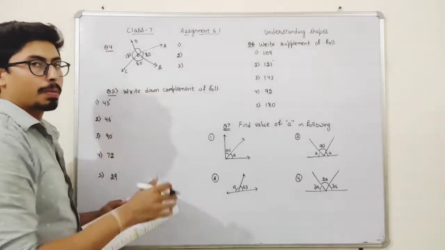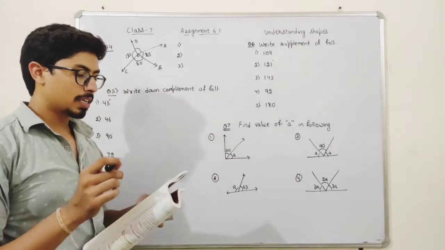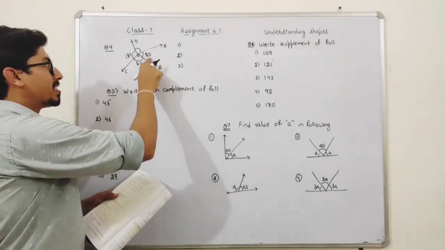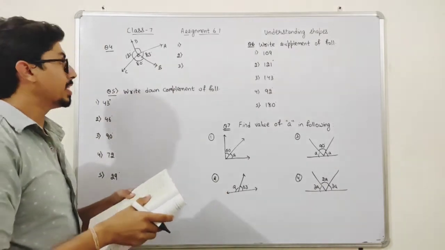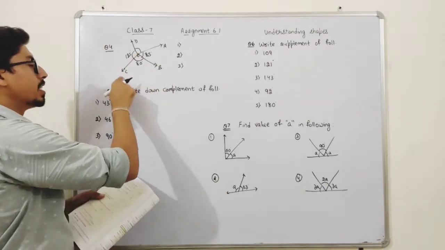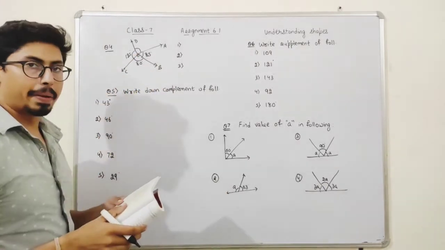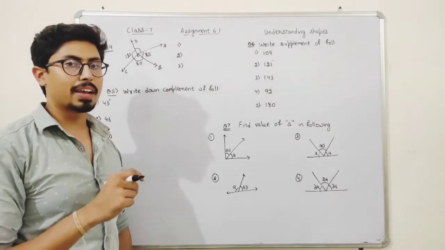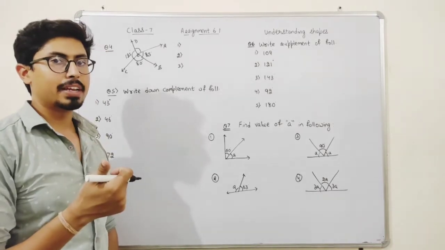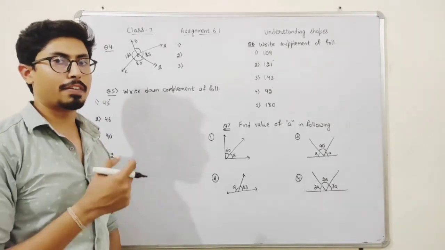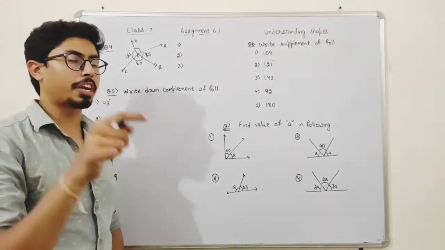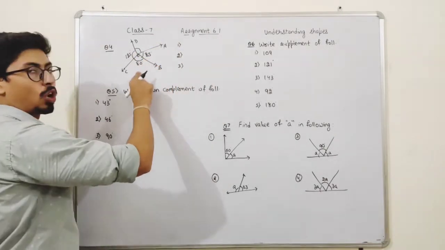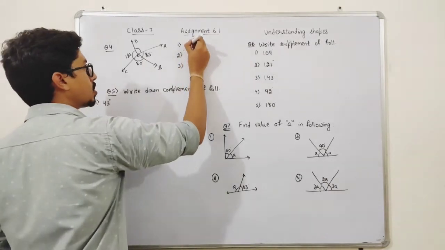Okay, students, now moving forward to our question number 4. This figure is given in the book. And the first part is, do angle AOB, that is 85 degrees, and BOC form a linear pair? Students, we know that if the sum of two angles is 180 degrees, then we can say that yes, they form a linear pair. Also the line should be straight. See, AOC is not a straight line and the sum of these two is not 180 degrees. The answer is no.